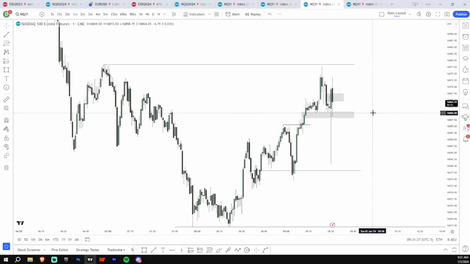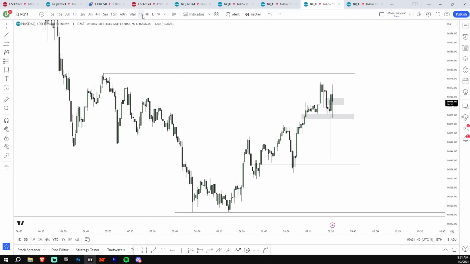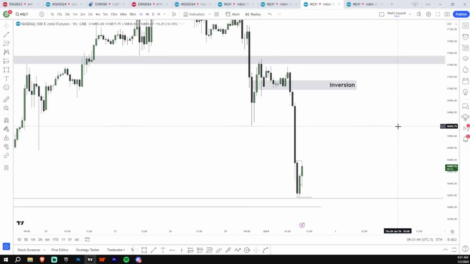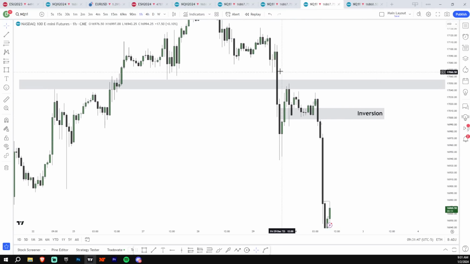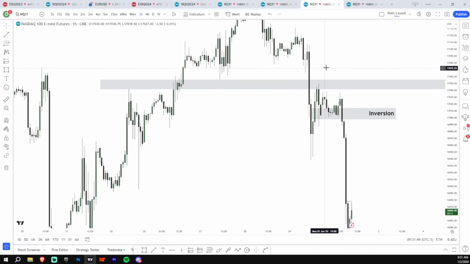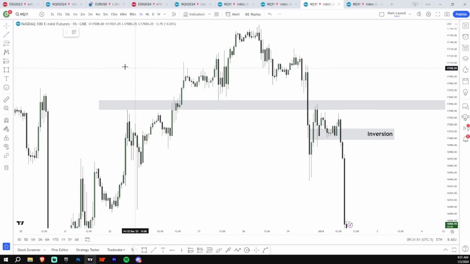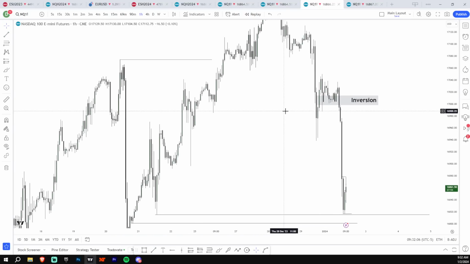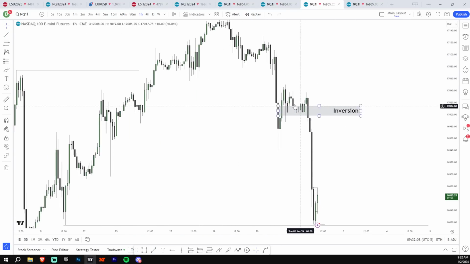So while we wait for things to play out here, I'm going to quickly go over London session and how I got the bias for overnight. Last Friday, we got this big dump and it broke a lot of old structure. So we made a lot of higher highs and higher lows, and then we really displaced. Because of that, and because of us hitting buy side here at 17,074, this displacement down was really bearish to me, and we formed a really textbook fair value gap.